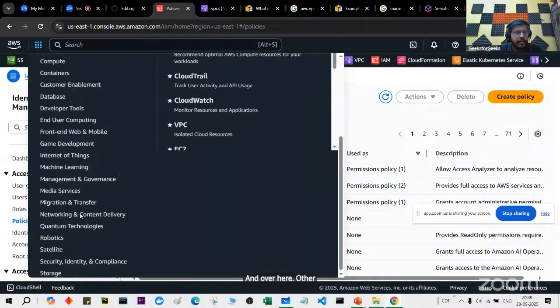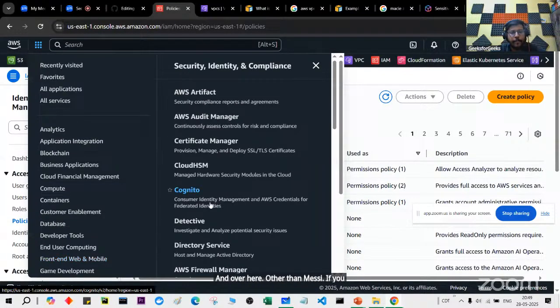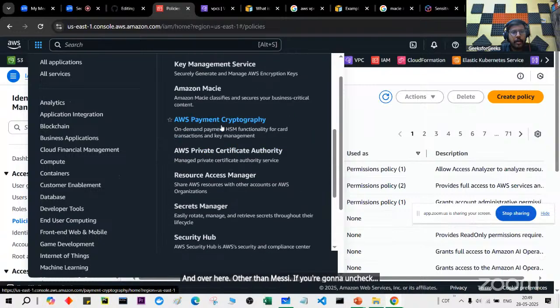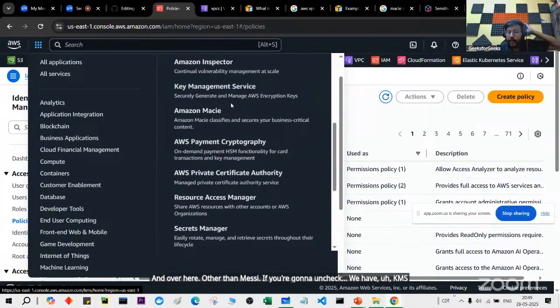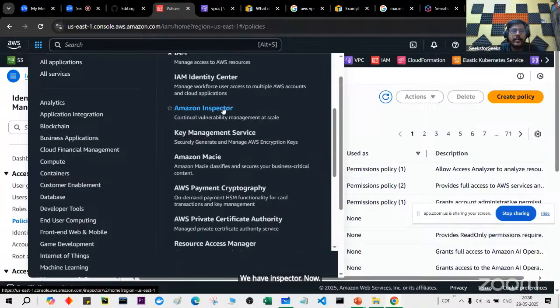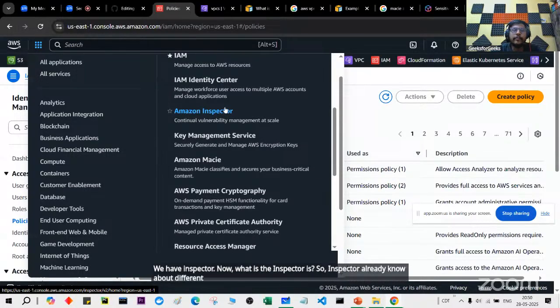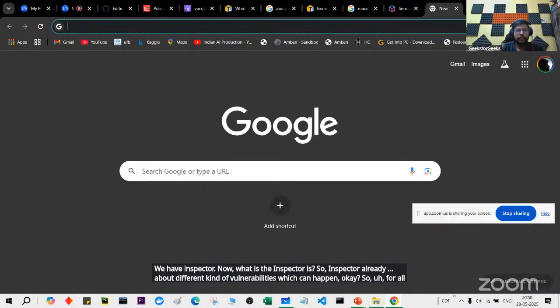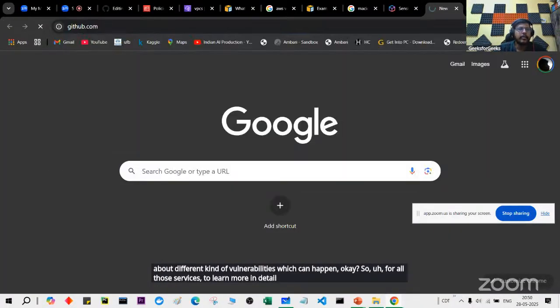Other than Macie, if you're going to check, we have KMS. Okay, we have talked about KMS before. We have Inspector. Now what is Inspector? Inspector already knows about different kinds of vulnerabilities which can happen. Okay, so for all those services, to learn more in detail, what you can consider, like I have already created